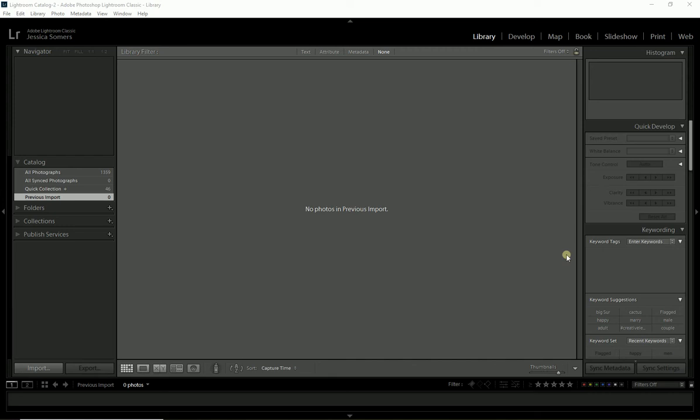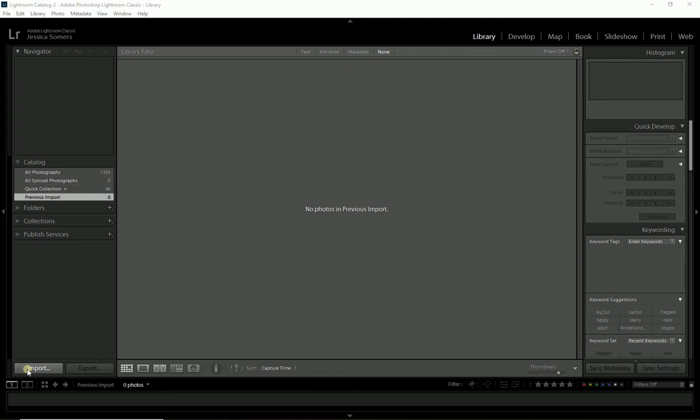In this tutorial, you will learn how to import photos into Lightroom so that you can begin editing. So I'm beginning in the Library module within Lightroom, and if you look to the lower left corner of the screen, you'll see a button that says Import. So if I click that button, it will take me into an area where I can retrieve my photographs from